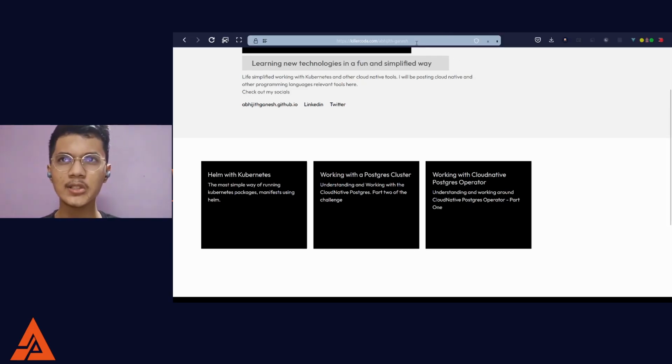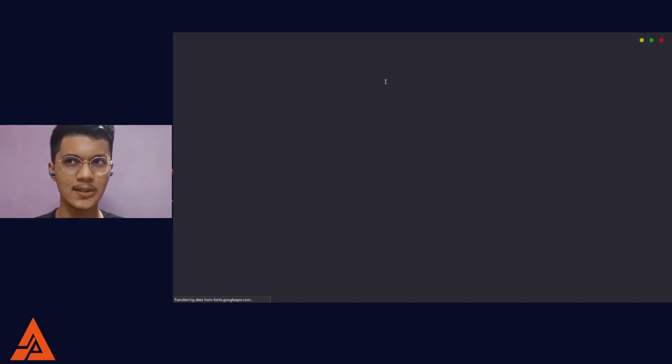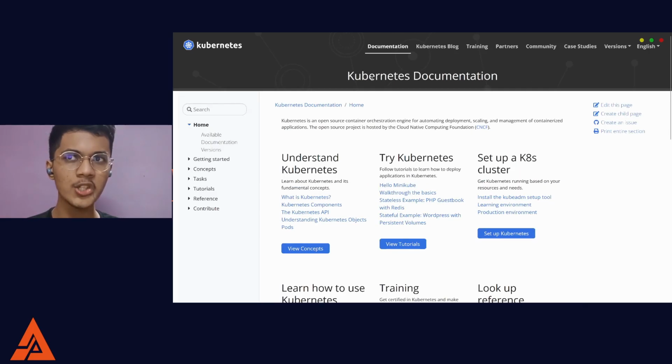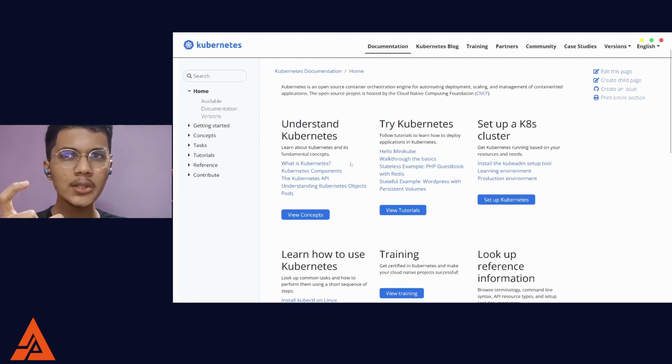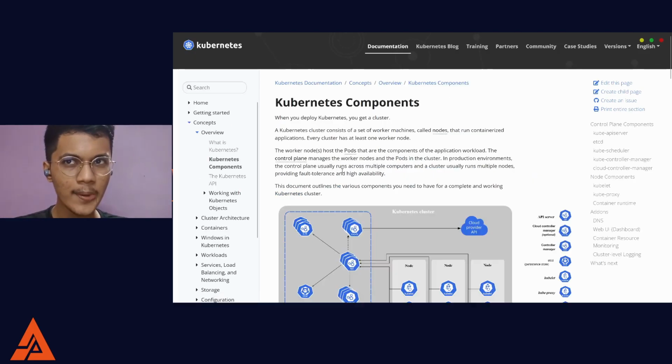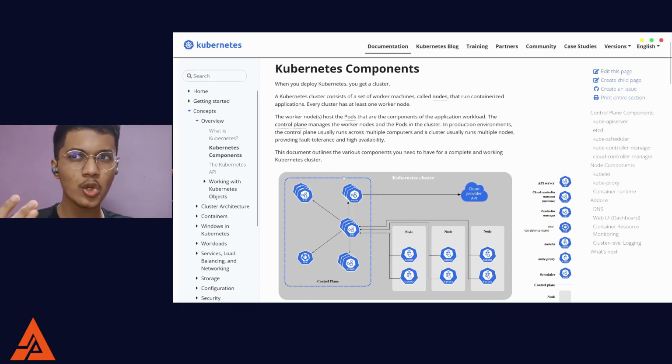First things first, the approach to the situation will go through something like this. You can learn about Kubernetes from the official documentation in a certain way. To understand Kubernetes, you need to understand the components first, then the Kubernetes API and the objects, etc. You can go through this first, and in the subsequent videos, I'll explain what can be done, how you can approach them, how to understand Kubernetes in a more